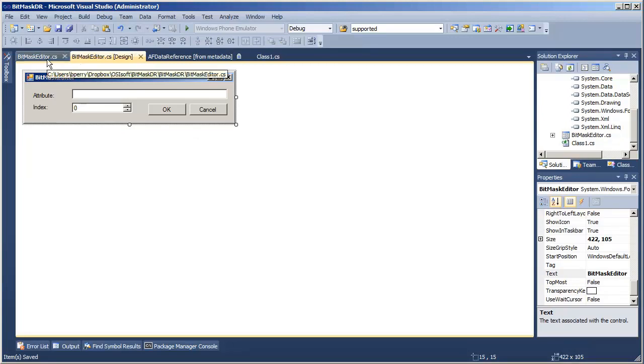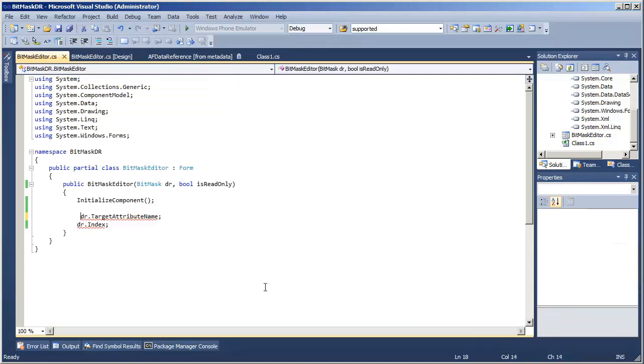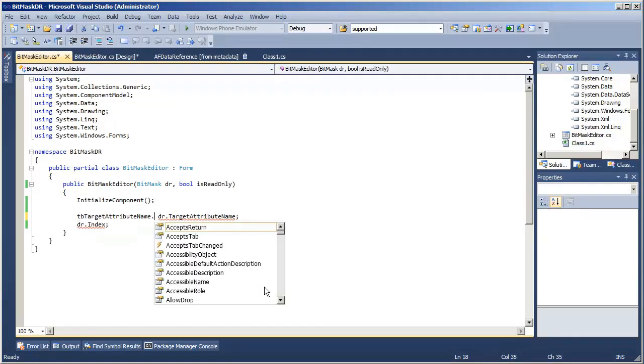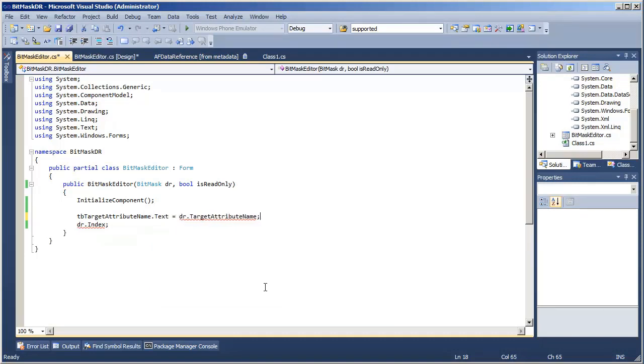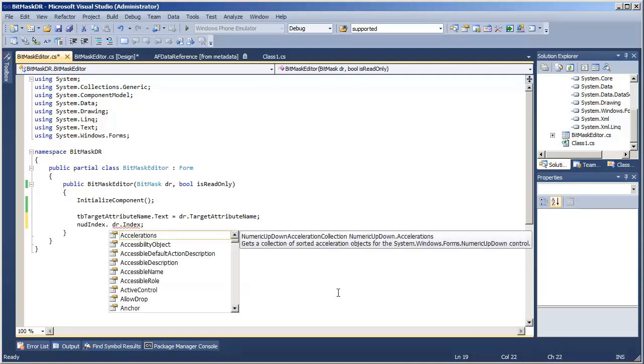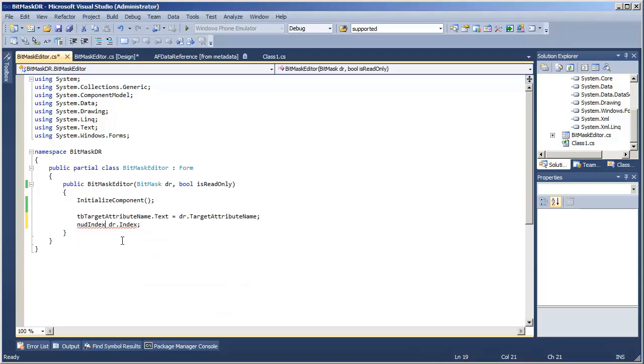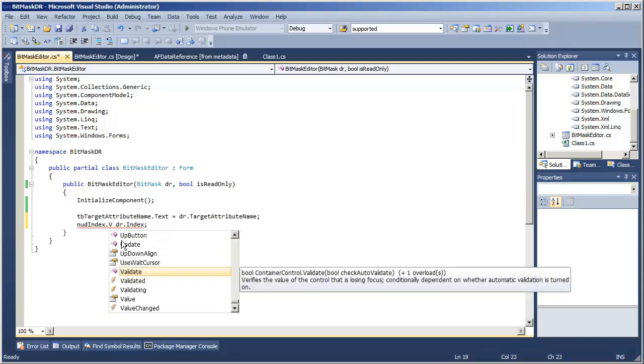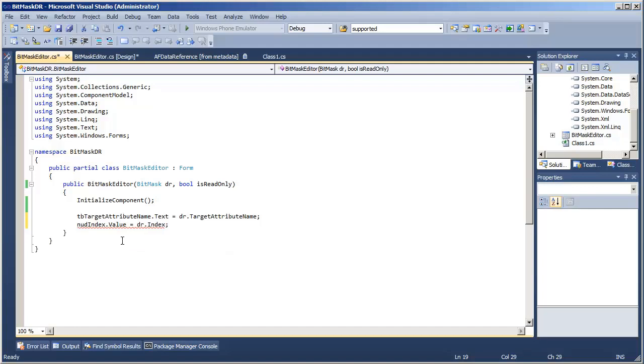Okay, so when this editor opens up, I really want to set the target attribute name text equal to whatever it is currently in the data reference, and the numeric up down value as the index within the data reference. Okay.